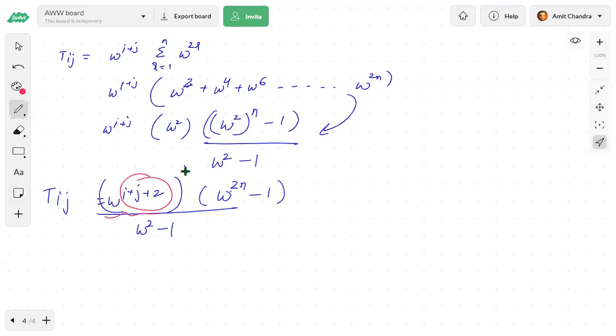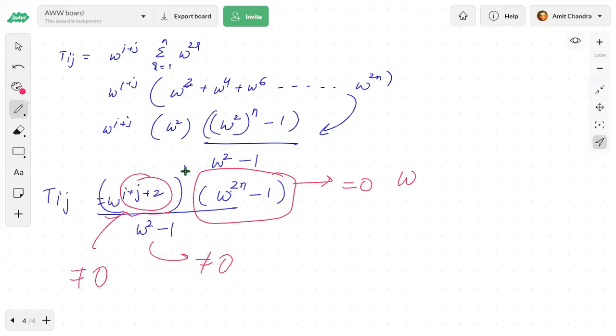This part cannot be equal to 0. We know this part is also not equal to 0 because omega is not equal to 1. Now only this part has to be equal to 0, which means each element of this part should be equal to 0. That means omega to the power 2n should be equal to 1,